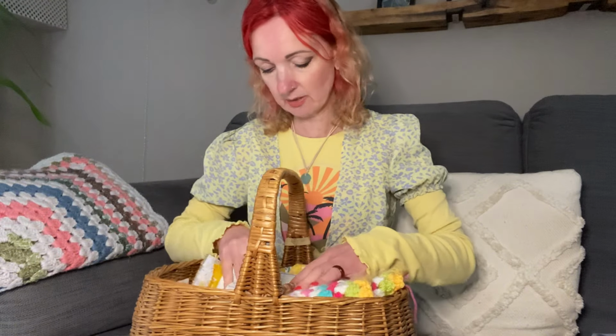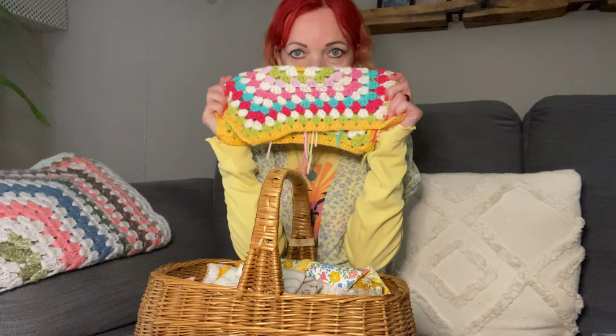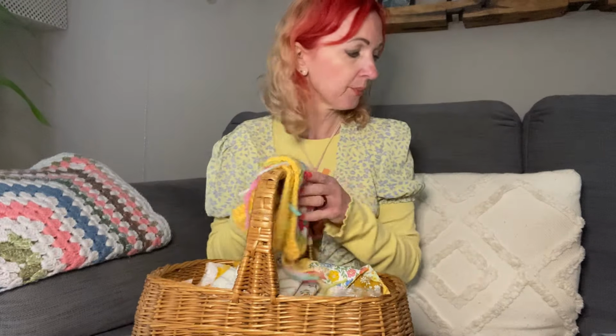So this is what I like to call my travelling basket, which I'm going to take out and about with me. It's got all my embroidery stuff in at the moment, and my blanket, which I didn't finish, which hopefully I can get some wool for to match. Put that over there. So I've got a lot of embroidery stuff, hoops, and I've got this